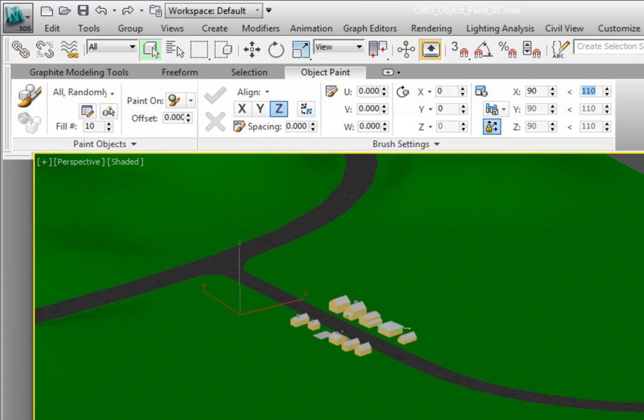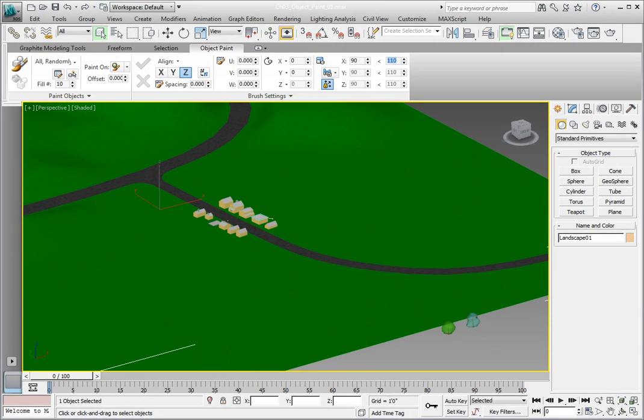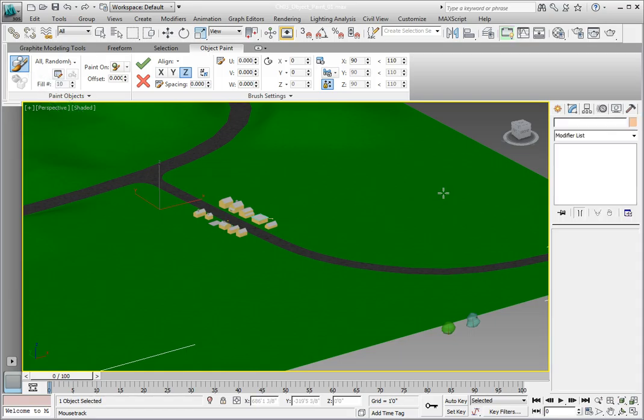Now we're ready to paint our trees onto our landscape. In the Paint Objects panel, click the Paint button to begin painting. On the landscape, click and drag to paint the trees. One thing you'll notice about the trees is that they follow the mouse along the painted path. While this can work, we want to spread the trees out a little bit so that they're not in line